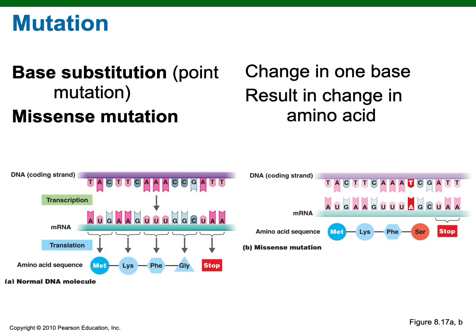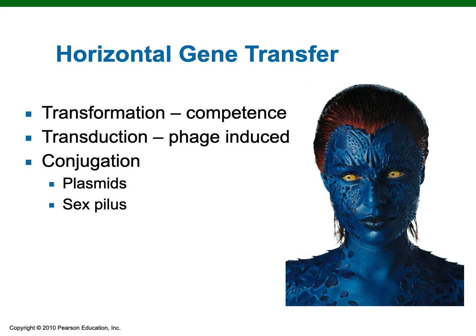Okay, in addition, I talked about how mutations can change the structure of the gene, maybe just a little, or sometimes, if they make a stop codon, can change it a lot. And so genes can change over generations through mutation. And cells can also acquire new genes through horizontal gene transfer, mechanisms that allow cells to get whole new genes